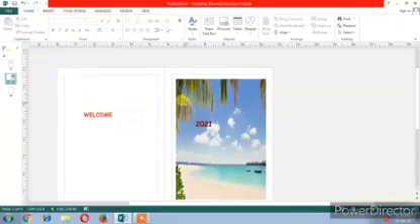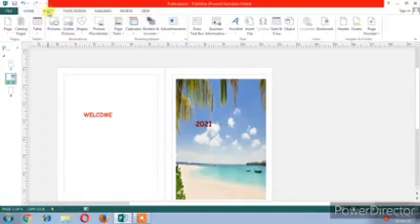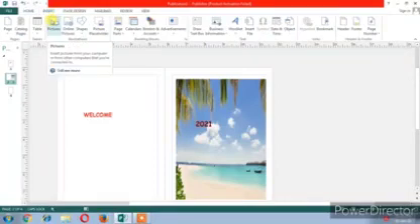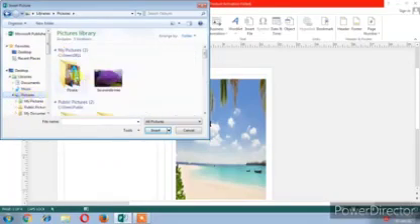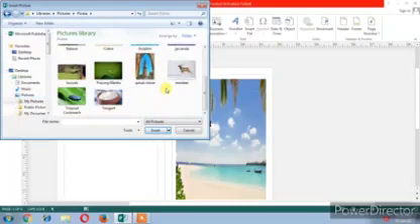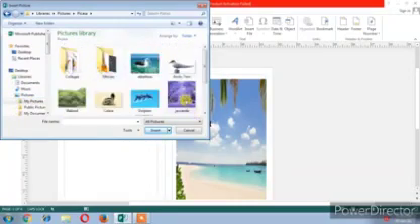Next, if you want to insert an image in the second page or any other page, you can go to the insert tab and choose the desired background or images. Or if you want to apply text, you can apply it. For inserting the images or background, go to the insert tab, select pictures and click on insert. Then automatically the picture will be inserted in the page.